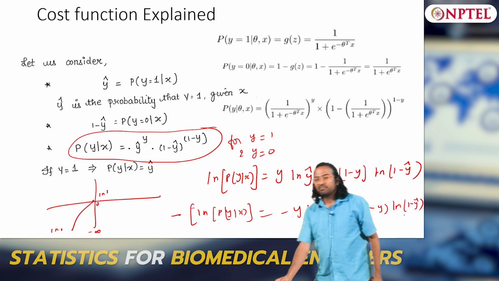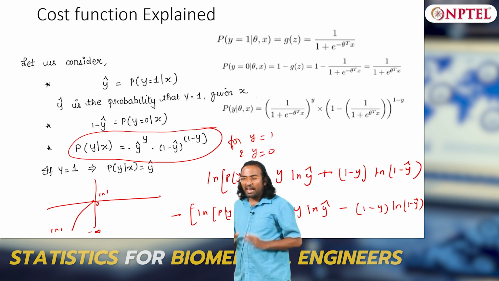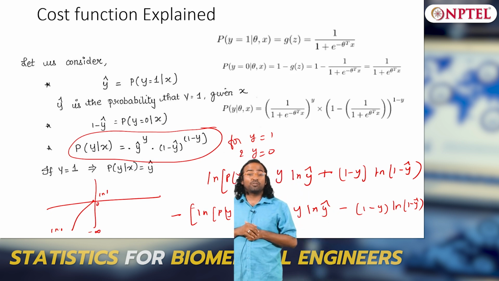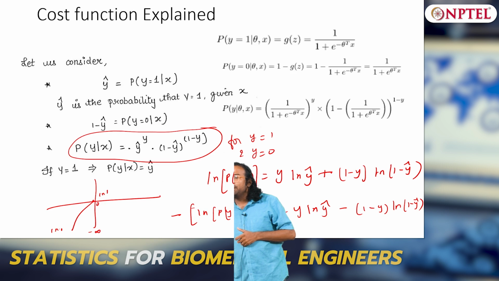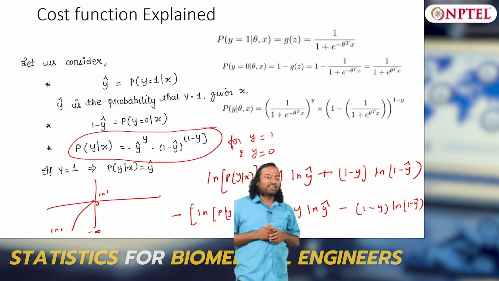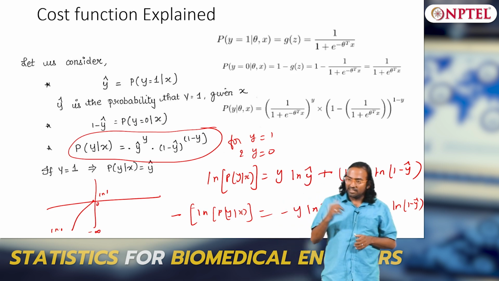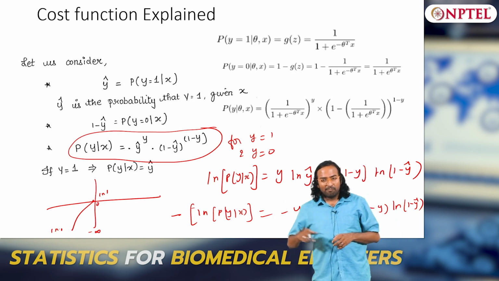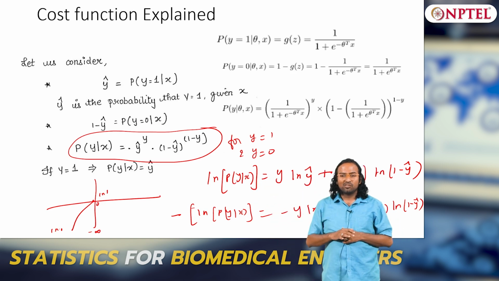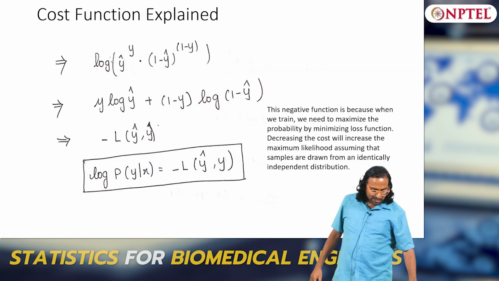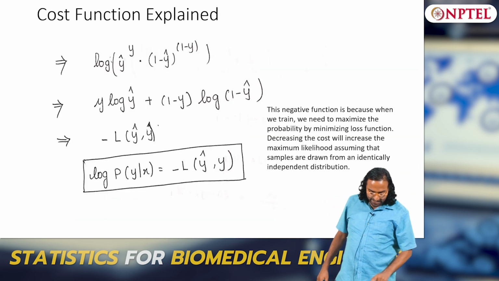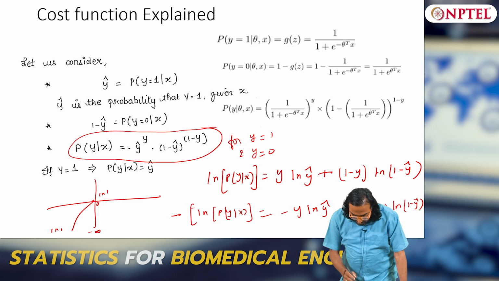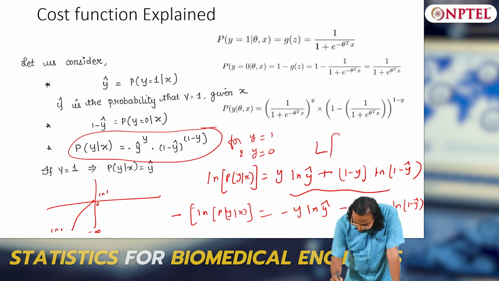Clear? Is this clear? Now I am going to take this as the cost function. I want to minimize this cost function. I will tell you why minimizing this cost function makes sense. I will derive the graph, I will show you the graphs, but I am going to minimize this cost function. I will show you why this is valid. Okay, everybody agreed? So I call this function, this is nothing but the negative,